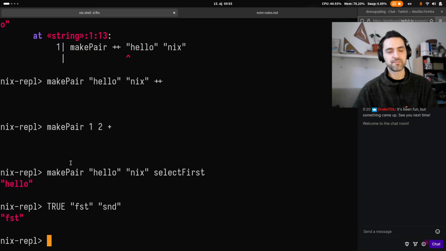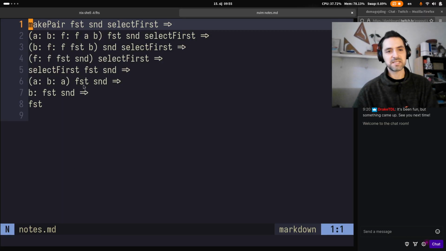True is select first. So now select first, FST, SND, we expand select first, A, what is true? True is select first. But select first is something that selects first from two things. True is also something that from two things selects the first thing. I guess the confusing thing is what David Beasley was also saying in his Lambda course, that you don't expect true to be just the thing that picks the first thing out of two things, right? Because what's the difference between false then, A, B, A, FST, SND, and now FST